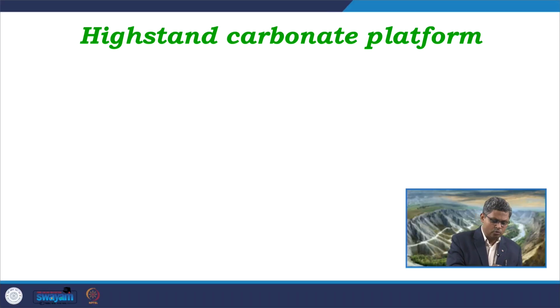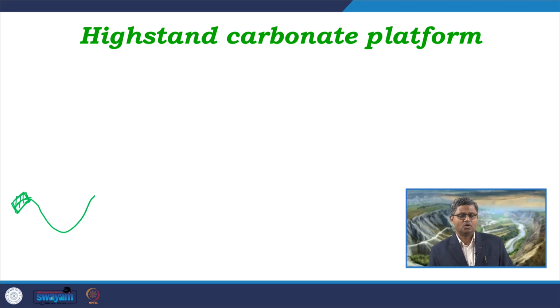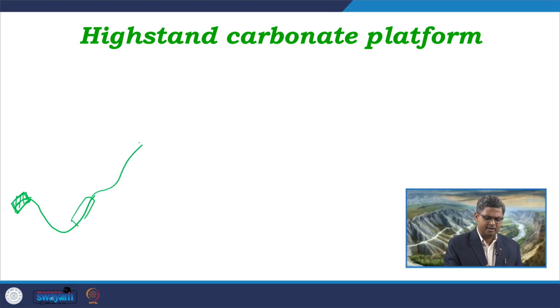So, if I want to understand what happens during the highstand carbonate platform in terms of the distribution of different environments, we look at the base level curve. Maybe this is the curve, something like this. We are looking at this part of the curve. As we know, the highstand part covers this part of the curve. There may be successive such highstand conditions. For example, here we have a transgression, and after this we may have another transgression, and in between we can have another highstand condition. So, there can be successive highstand conditions in carbonate basins.